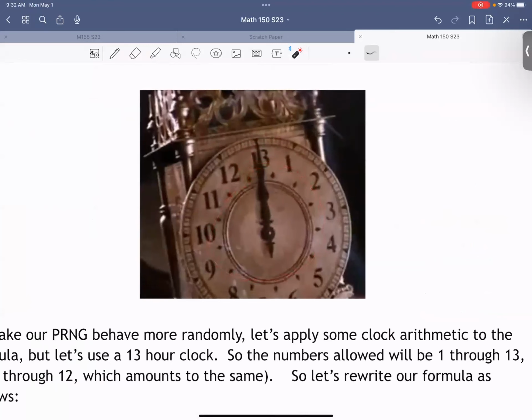Does anyone know the movie this came from? No, but it's kind of close. It is a musical. Does anyone watch Labyrinth? Yeah, I got this from the movie Labyrinth. There it used a 13-hour clock instead of a 12-hour clock, which I thought was kind of cool. I don't know, maybe that's just me being a nerd. Yeah, it was like an extra hour for Sarah to complete her quest. Now I just sound like a complete nerd. Oh God.